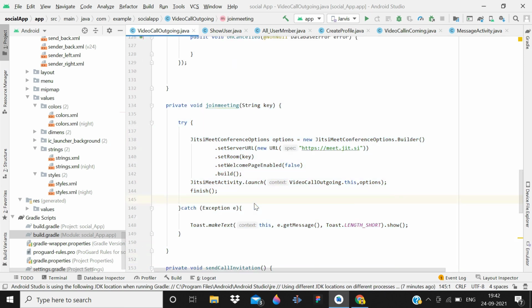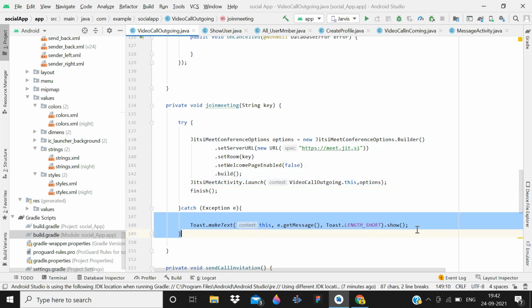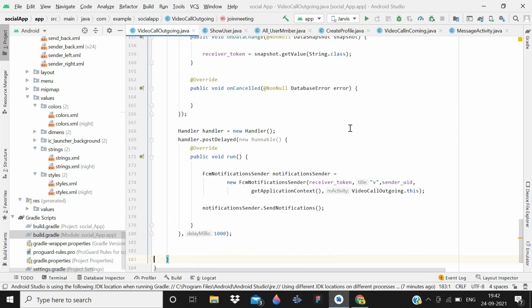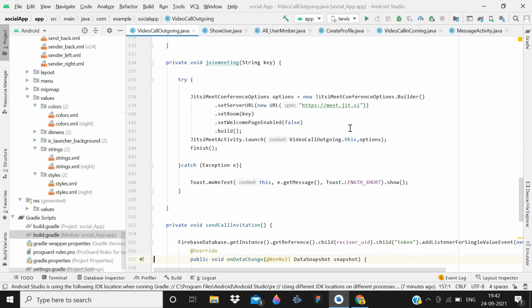And in case some problem exists in implementing this code, this exception will handle it. Understand? So now we have done almost everything in this outgoing activity. So we are done with this outgoing activity. Understand? Now it's